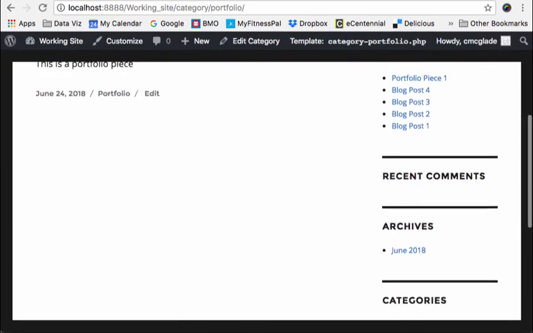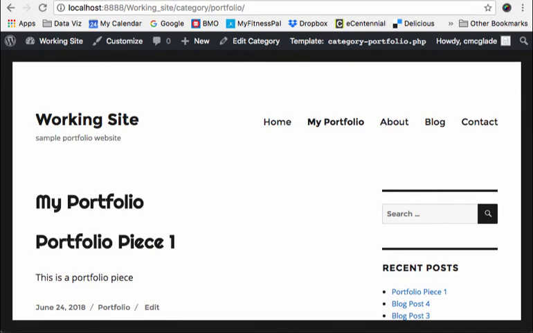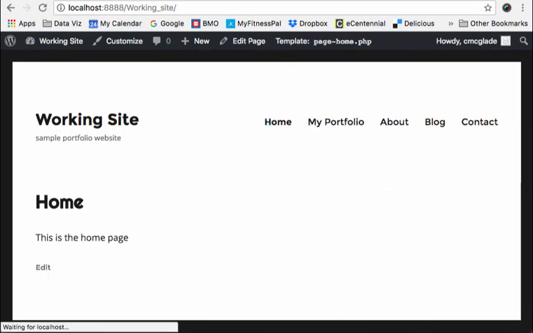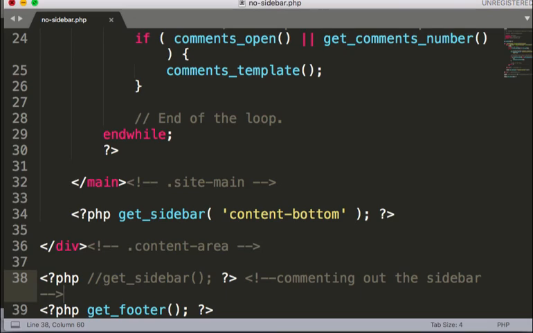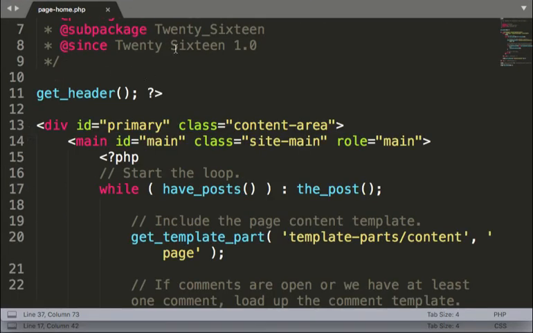Now the final thing that we haven't done that we might want to do is remove the title on the home page. We left that for last because it's going to be a slightly more complicated process, and it's a good thing to do once you've had a little bit more familiarity with working in templates. So I'm going to close my category-portfolio, close my no-sidebar. I'm back in my